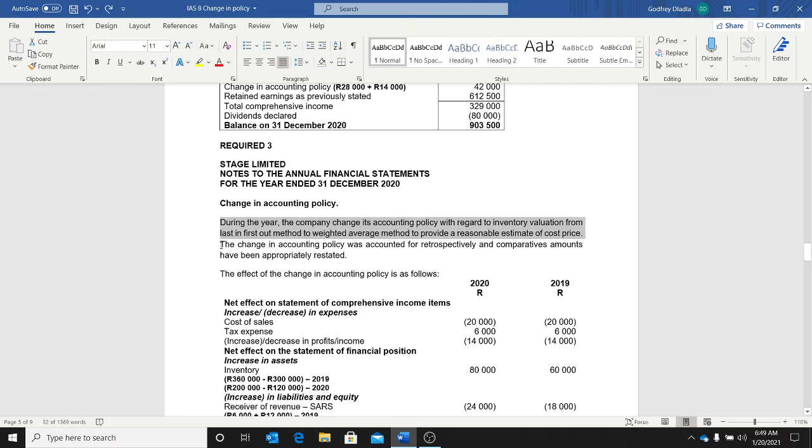Now, the next thing that you do, you tell us that the change is accounted for retrospectively. I've already told you that retrospectively means fix this year, then go backwards, okay? And then you say comparative amounts have been appropriately restated. In short, what you are saying,